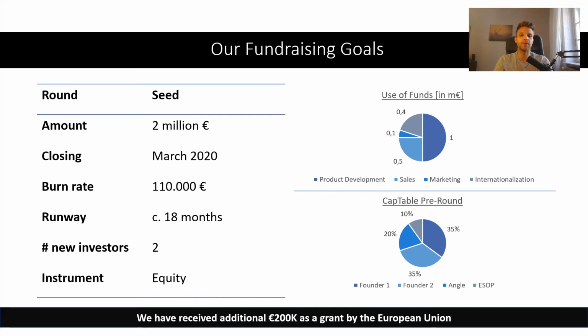And then we have a cap table, the pre-round cap table. By the way, as I said before, do not post the post-round cap table here, at least not in my opinion. And this cap table gives me a good understanding of the current situation of the company. I see that the 2 founders together own 70% of the business. That's good. That's a good number for the current stage. They have an angel investor who is holding 20%. That's actually a lot for an angel, but maybe he was a really helpful and impactful guy with a great network. Then that's justified. And they have a 10% employee stock option pool.